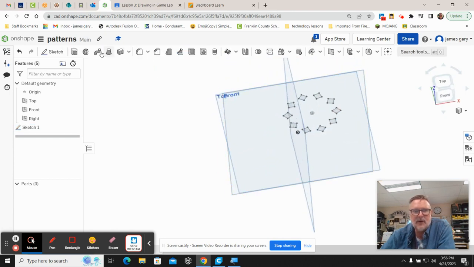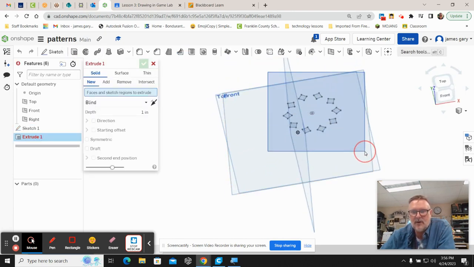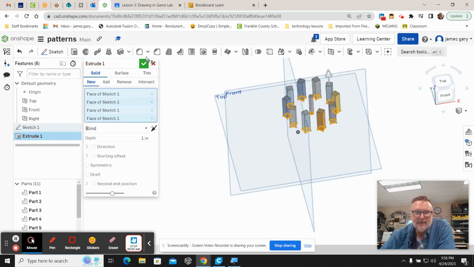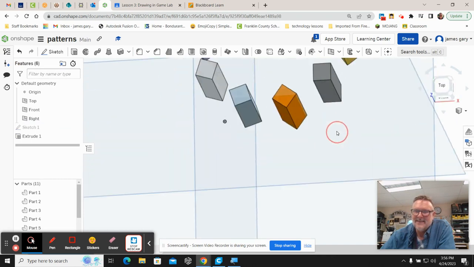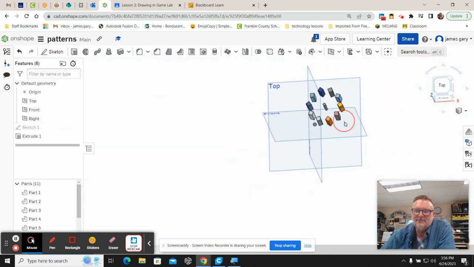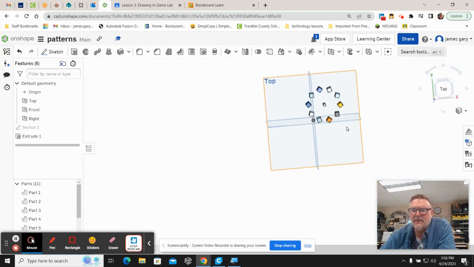And then just like before, I could go back in and I could extrude every one of those. And just that quick, I've got a circular pattern. This would be really useful if you're doing a fidget spinner, because fidget spinners have to be balanced. So the angles in between each one of the arms needs to be exactly the same. So that would be a really good way to do a fidget spinner, by using this pattern command. You saw me do it, creating the patterns in the sketch. You can also do it